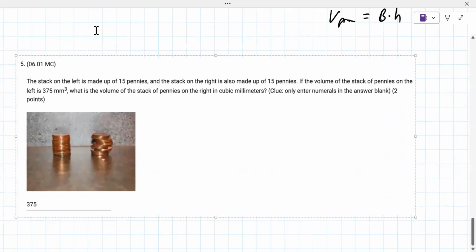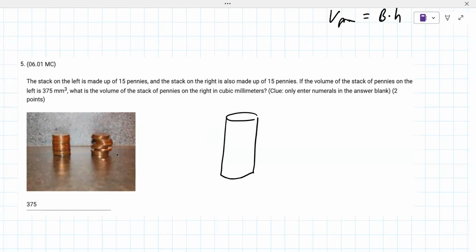The stack on the left is made up of 15 pennies, and the stack on the right is also made up of 15 pennies. If the volume of the stack of pennies on the left is 375 millimeters cubed, what is the volume of the stack of pennies on the right in cubic millimeters? Only enter numerical numerals in the answer, 2 points. So the way this stack on the right is manipulated is